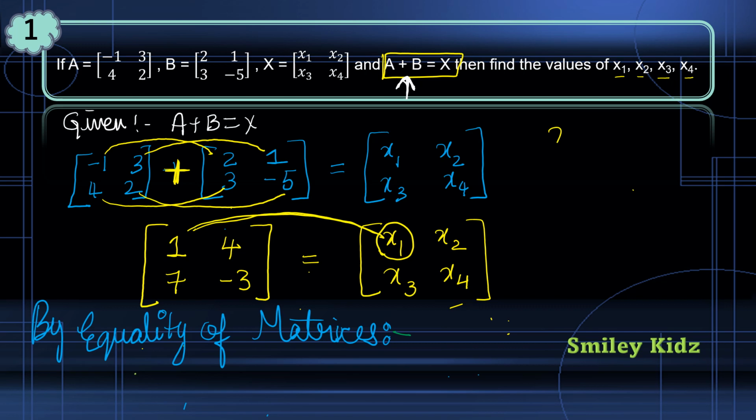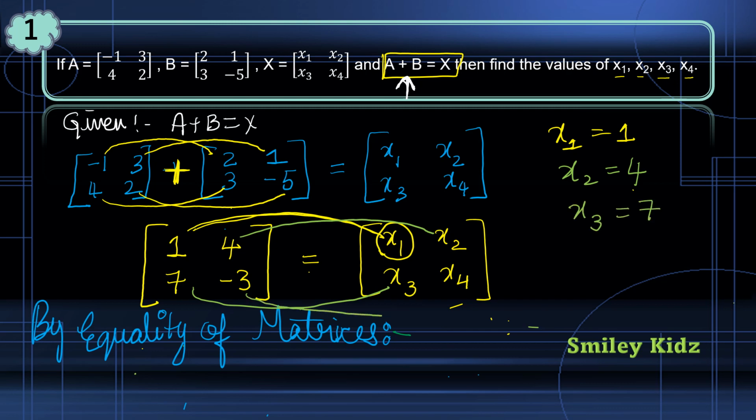Alright, so X1 equals to 1, and then we have 4 equals to X2, then we have X3 equals to 7 and X4 equals to